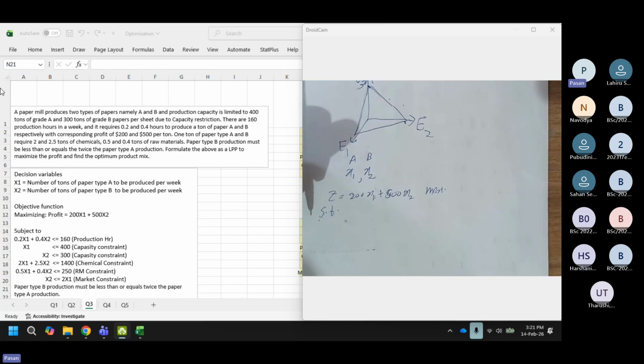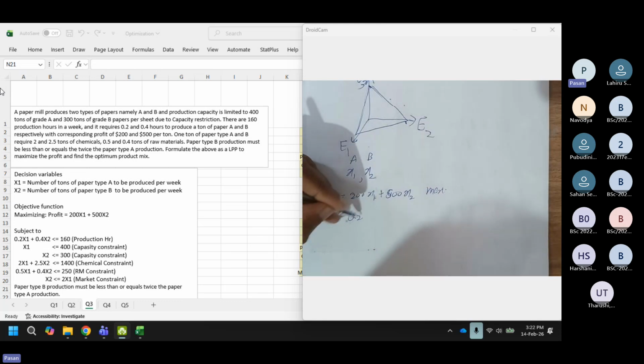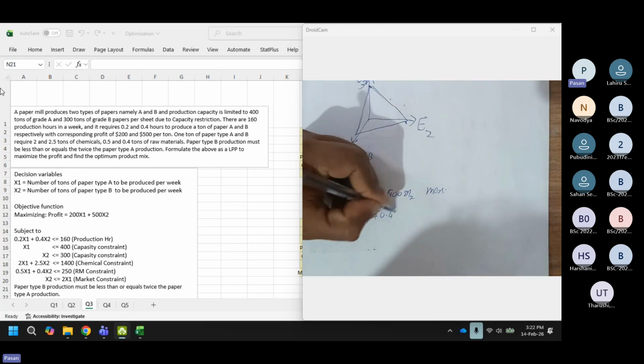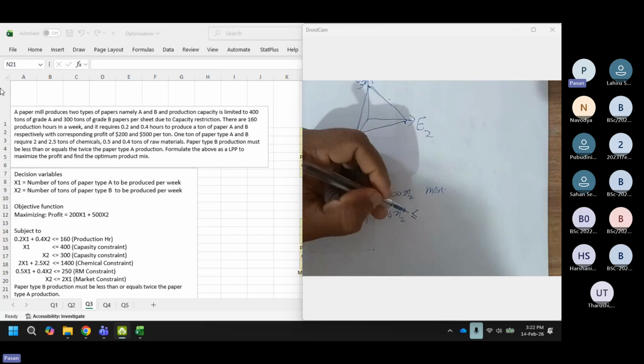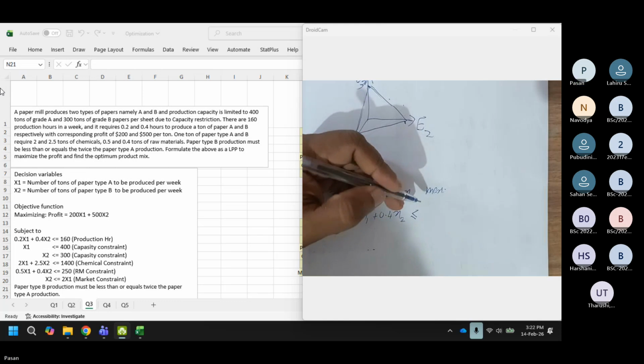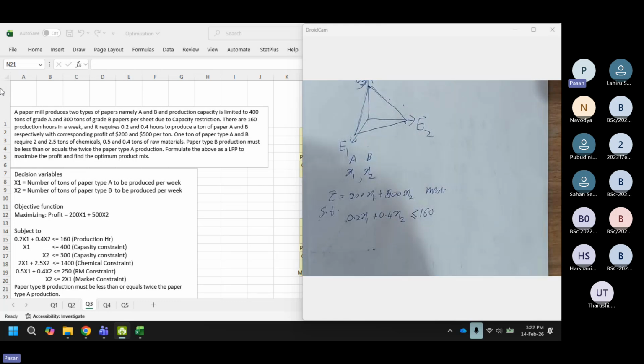So in terms of the production hours, we have 0.2 hours for the first one and 0.4 hours for the second one. So it is 0.2 times x1 plus 0.4 times x2, and the maximum capacity is 160. So we have that information. And then of course we have the